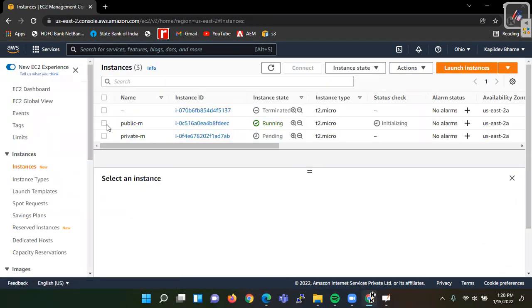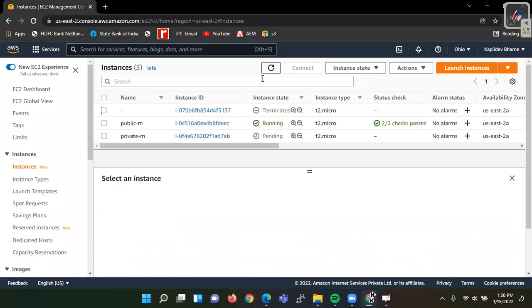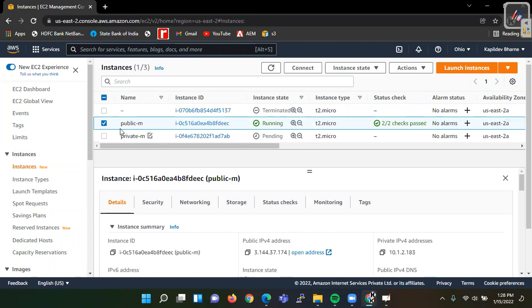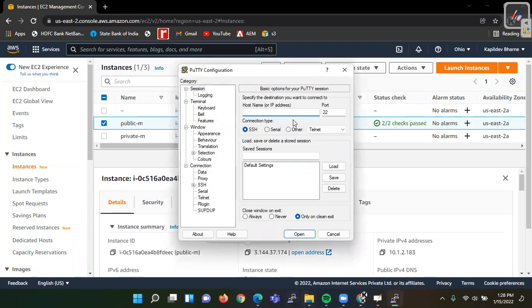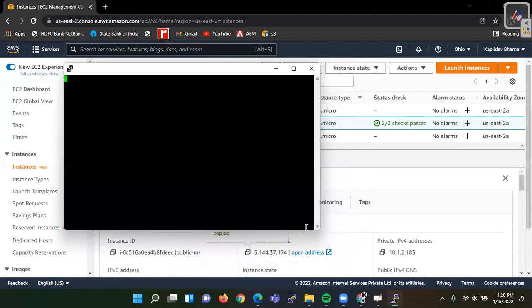It's still initializing. So we have the public server, and we have this IP address. For the entry we have to use the public IP. So go to PuTTY, SSH, take a key, and open this.